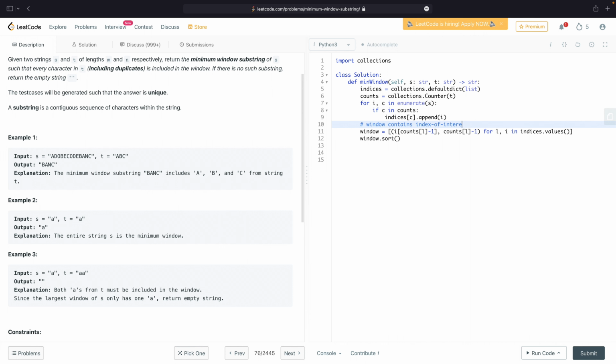I don't just want... This is a whole set, potentially. A whole list. So I really want to do